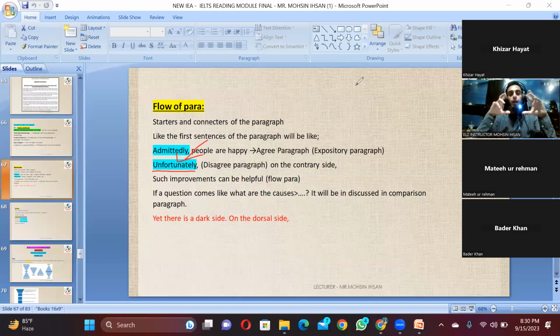So overall, your first connector is going to show, when you read a single paragraph, the first word, like "to be honest," shows you which kind of idea you are going to pick from this paragraph, right? And the same goes for your writing. When you write an essay or any other thing, a paragraph, it shows